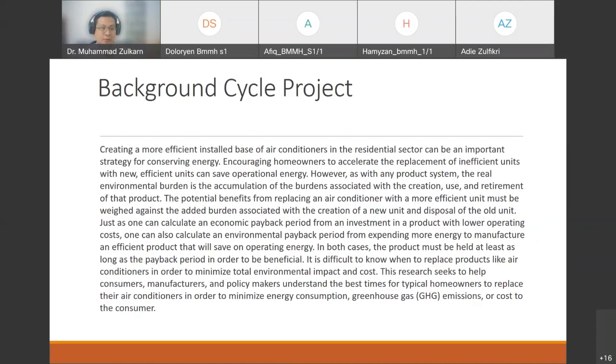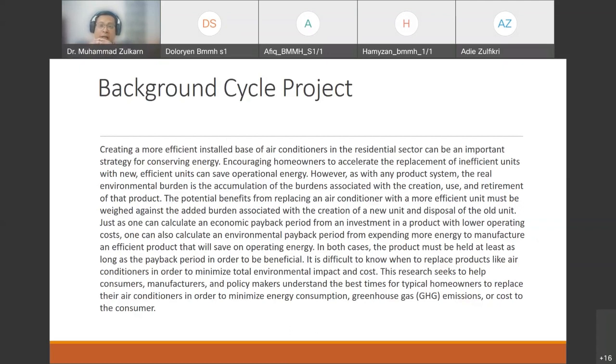Just as one can calculate an economic payback period from investment in a product that will lower operating costs, one can also calculate an environmental payback period from expending more energy to manufacture an efficient product that will save on operating energy. When we design the product, we should propose the calculation, not only the investment cost, but also